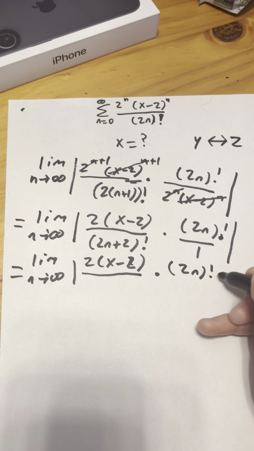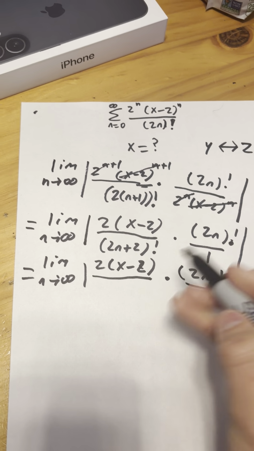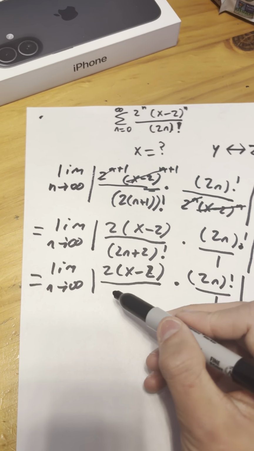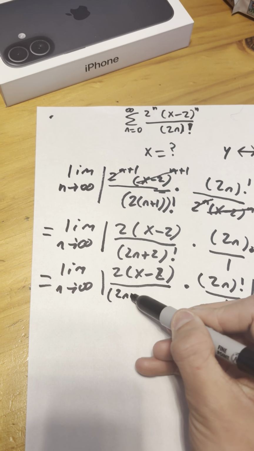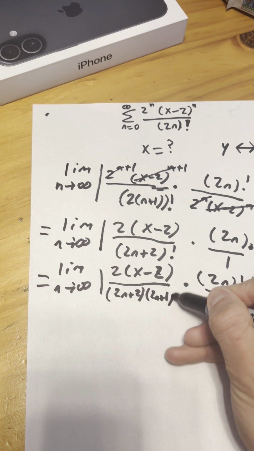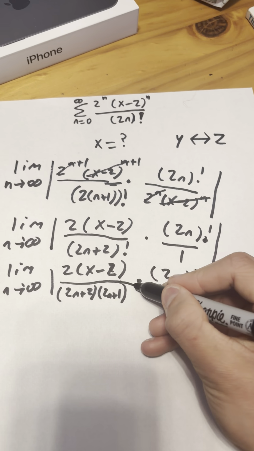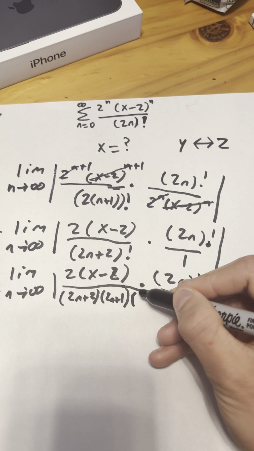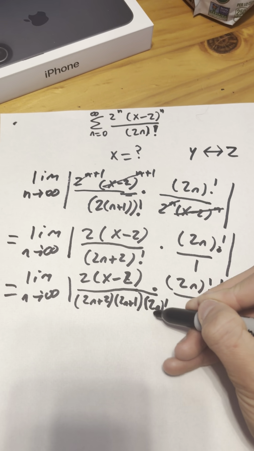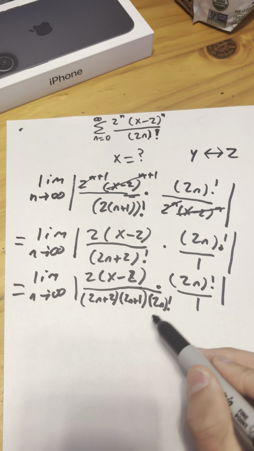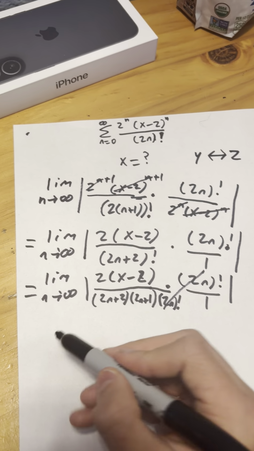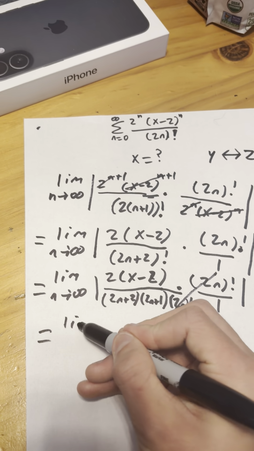You just don't have to. So 2n plus 2 factorial is the same thing as 2n plus 2, times 2n plus 1, times 2n factorial. So the factorial is just for 2n. And as you can see, these two cancel out. And we're left with